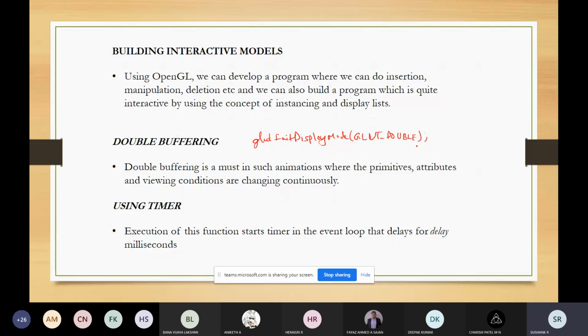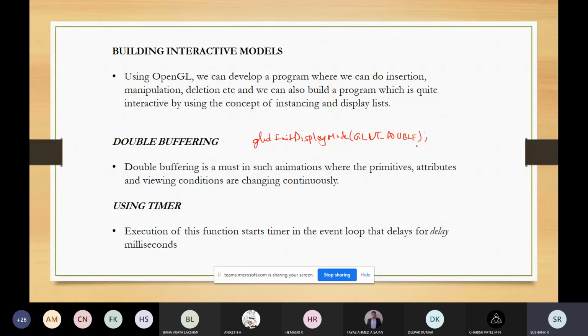And the next one is the timer. What does the timer mean? To understand how it works, for example, we have a cube rotation program, and that rotation will be done by the graphics processing unit. This GPU can process millions of primitives each second, so the cube will be rendered thousands of times per second.